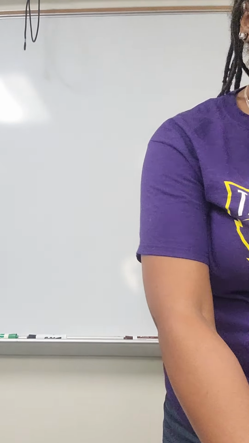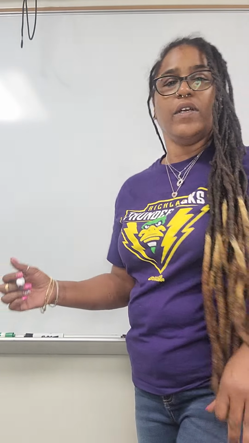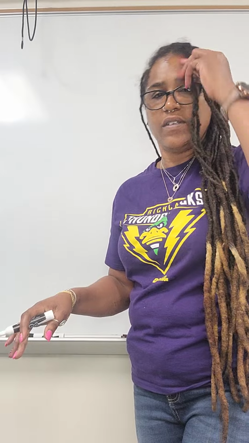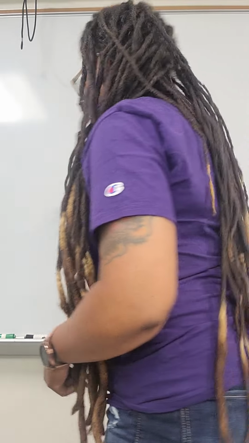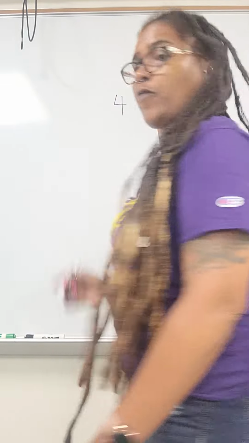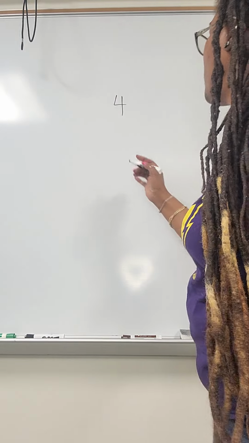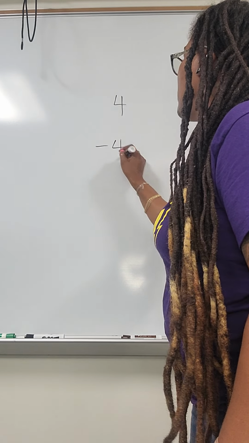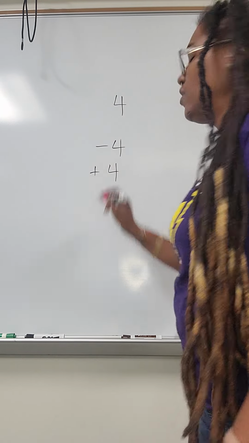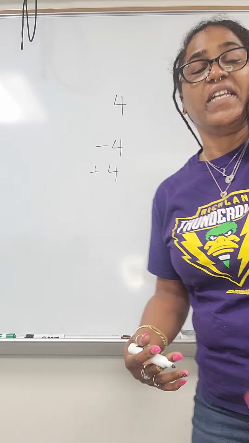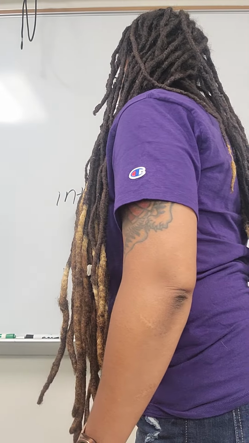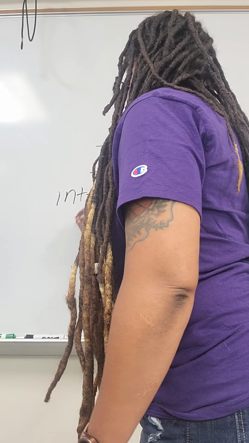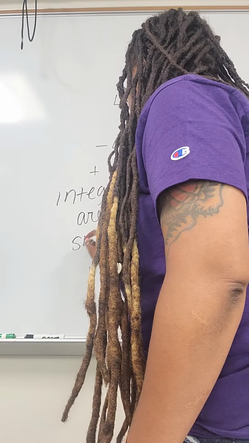Okay. So, first set says integers. We know integers are regular numbers, but they're regular numbers with signs. So they're signed numbers. When you have a number 4, we know the value of 4 is 4. If you add a negative or a positive to it, we now take it from a number to an integer, okay? So integers are signed